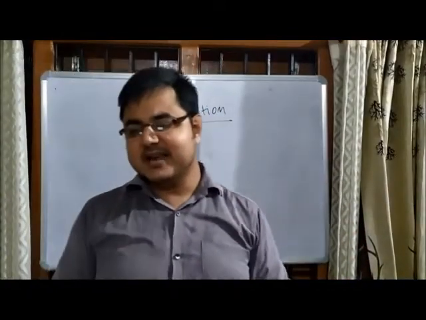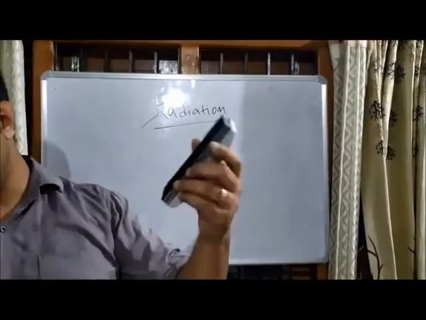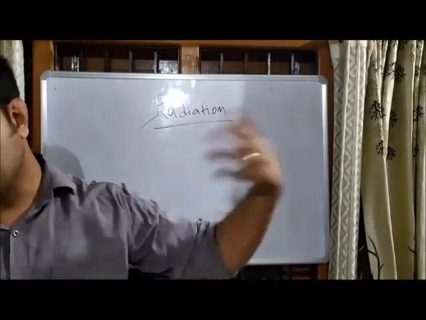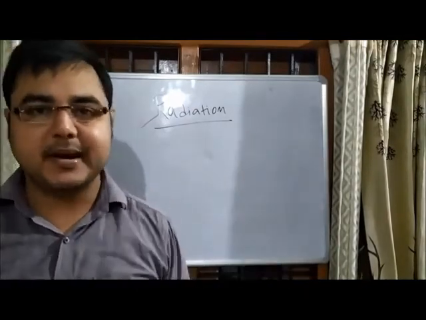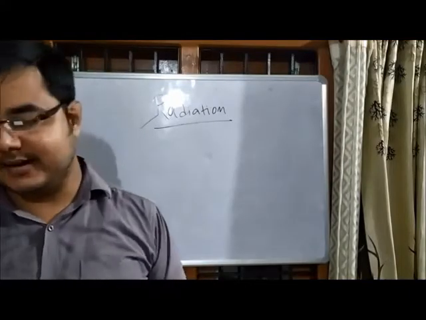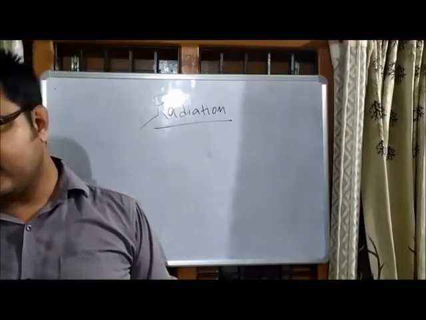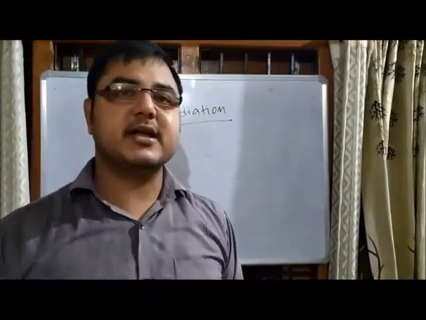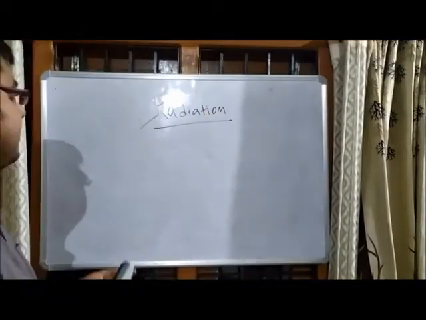So simply the concept is that radiation is the process of heat transfer where space is involved. This heat transfer is also known as thermal radiation. I repeat, it is also known as thermal radiation. So here we are going to have the concept of heat radiation emitters and heat radiation absorbers. So let's start the concept. Various forms of heat emitters are there, but the fundamental concept is that thermal radiation obeys the same law as that of light.